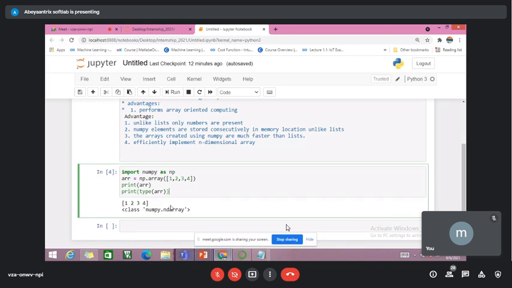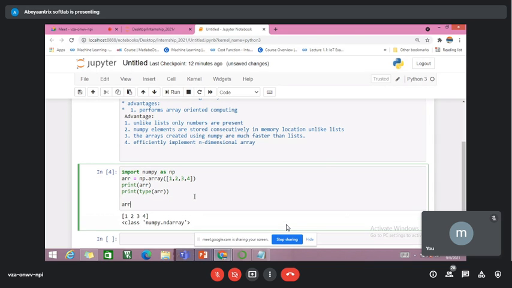We can also create a list inside here, that is np dot